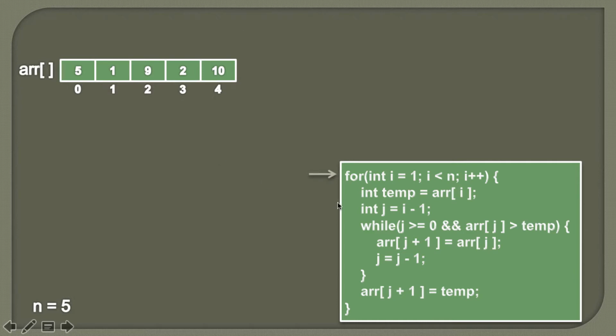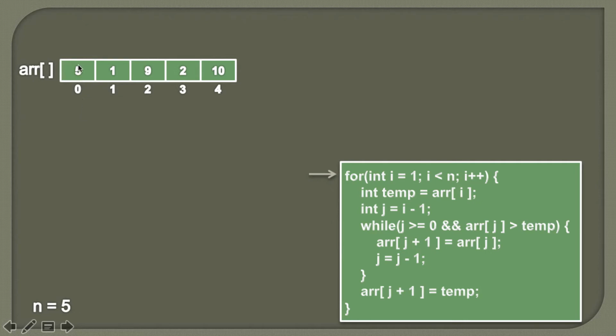So friends, while performing the insertion sort, the first thing we encounter is the for loop. Here you can see this for loop goes from I equal to 1 and it goes till I is less than n. In our previous lecture we discussed that when we perform insertion sort, we usually divide the array into two parts. One is the sorted part and the other is the unsorted part. When we start sorting this array, all the elements are in the unsorted part and no element is in the sorted part.